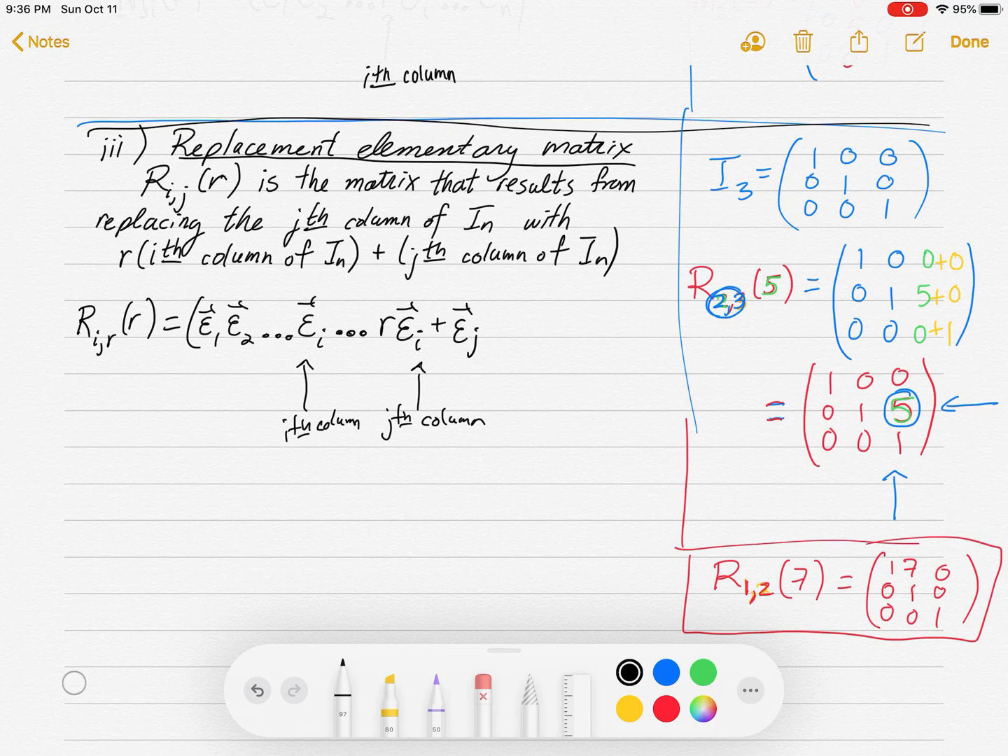And back here, this was the ith column. So no change to the ith column, right? It's the jth column, this whole thing. r times epsilon i plus epsilon j is the whole jth column. And then it continues on normally all the way to epsilon n. Okay. So we probably won't use these column forms, but